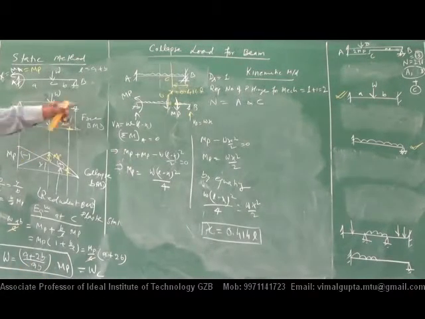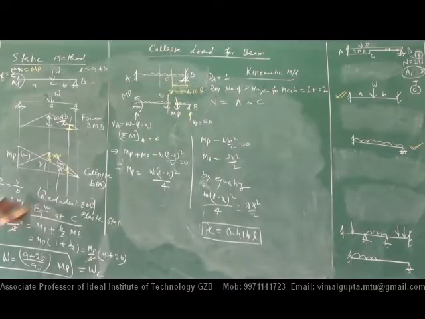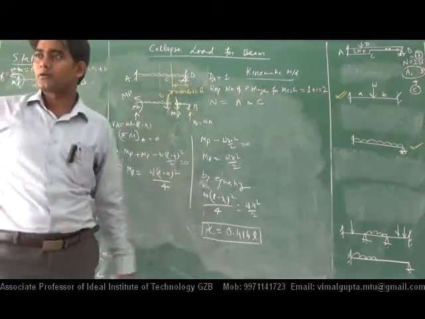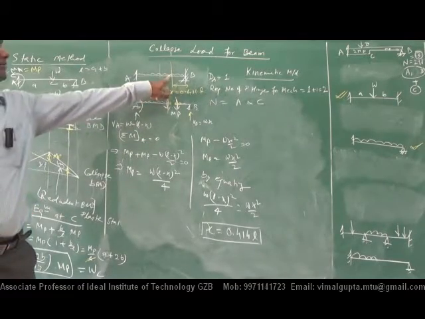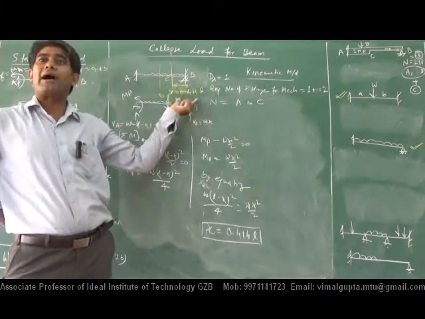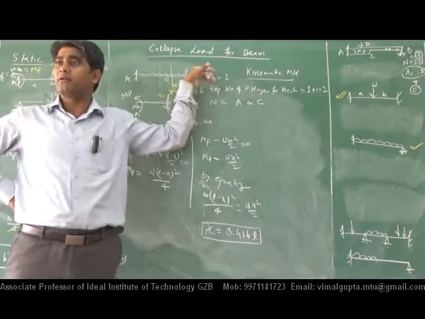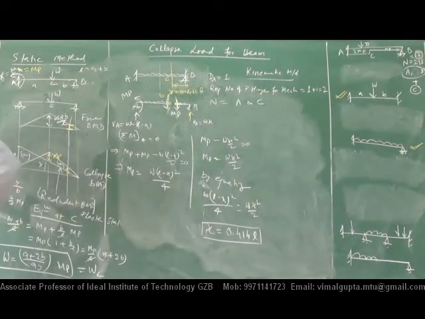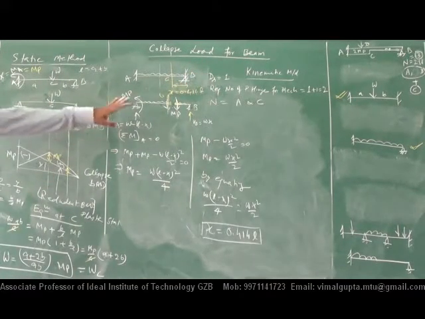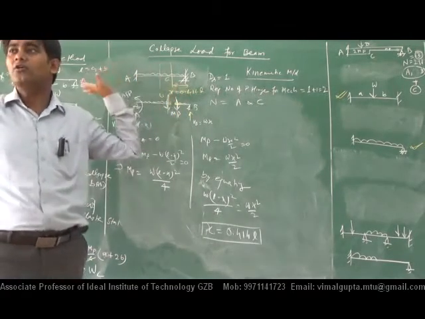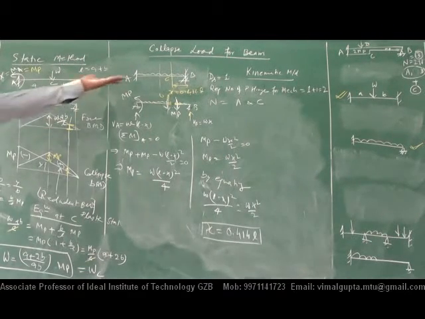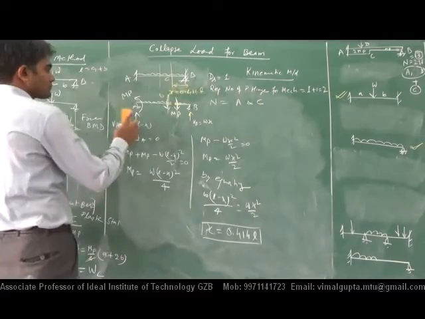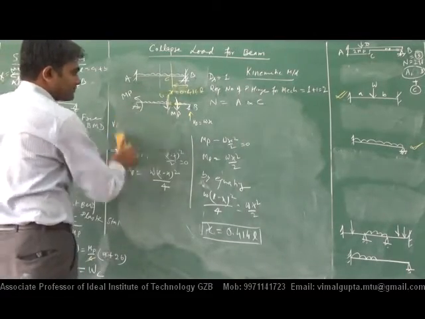Okay, that type of thing we did in last class. So that was just for revision. So the plastic hinge will form at point C, which is at the distance of 0.414 L from point B. That location we must know prior to applying the mechanism. If we know that value, no problem. I am erasing that.